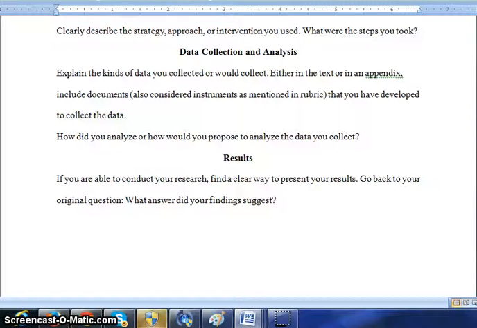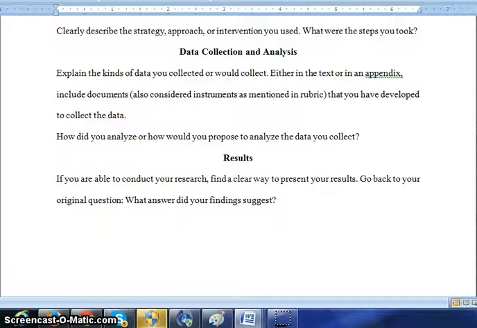Then data collection and analysis. Explain the kinds of data that you collected or that you would collect. Either in the text or in the appendices or appendix, include the documents, which are considered instruments. That's what's mentioned in your rubric. And if you have,